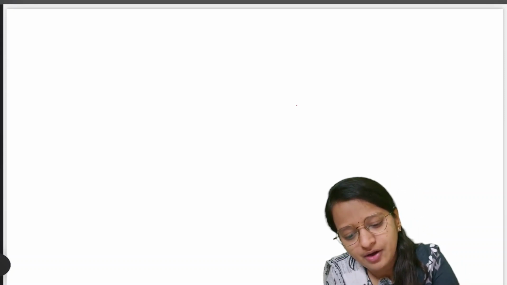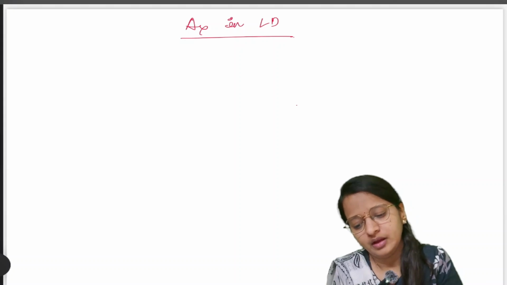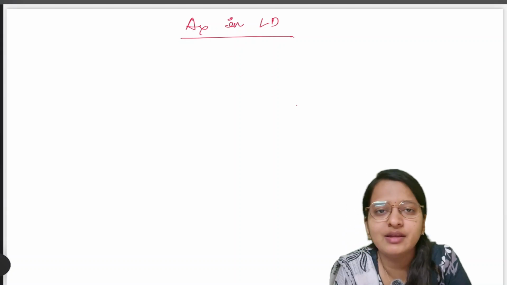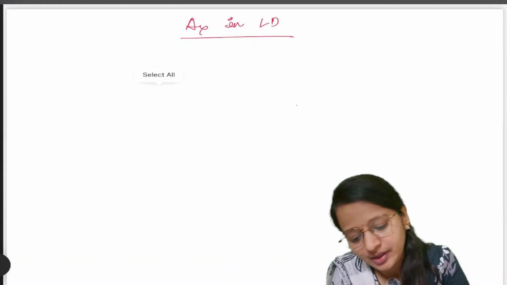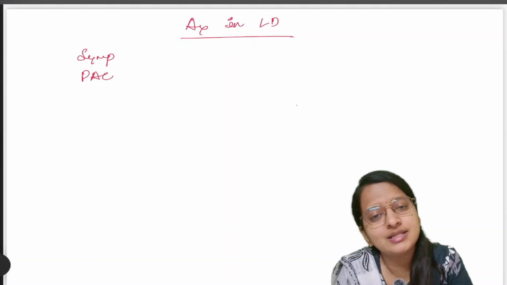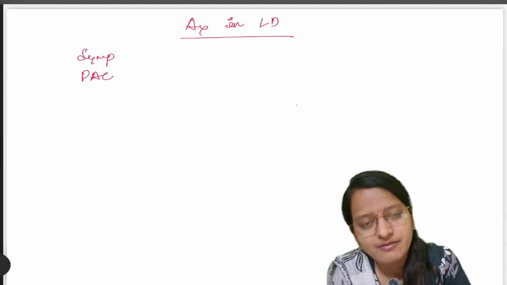Now let us see about anesthesia in a liver disease patient. First, we'll ask the patient his symptoms: if there is any anorexia, nausea, vomiting, weight loss, how is his urine and stool and its color. So we'll go for symptoms first, and next in PAC, routine PAC, we'll ask about comorbidities, any previous history of